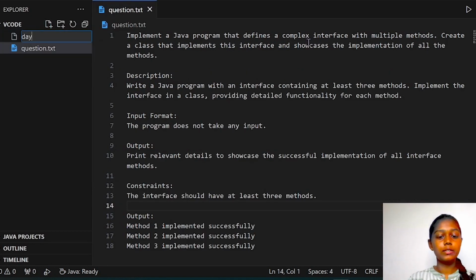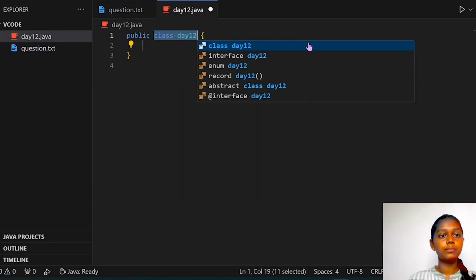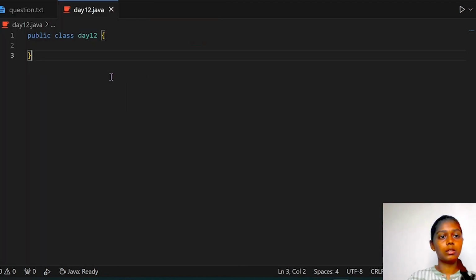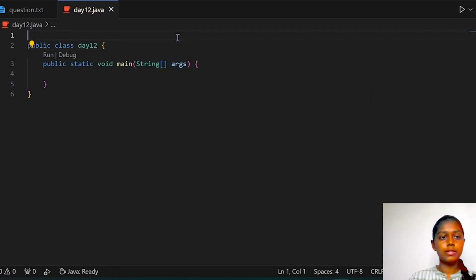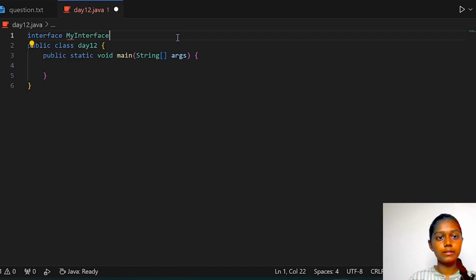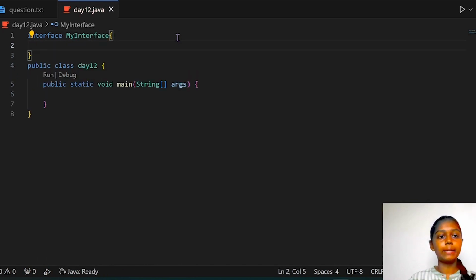I'll create here day12.java. So this is the class, and now it will have a main method. Now it's time for us to create an interface. I will name it my interface, and let me write the method names as method 1, method 2, and method 3,